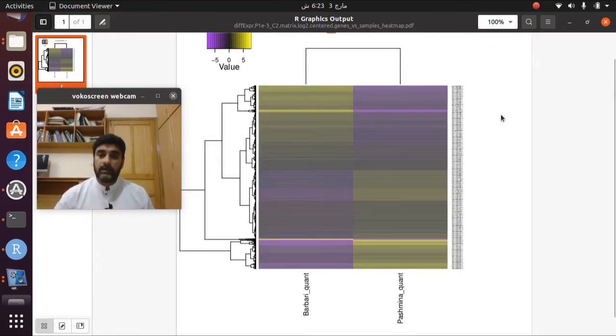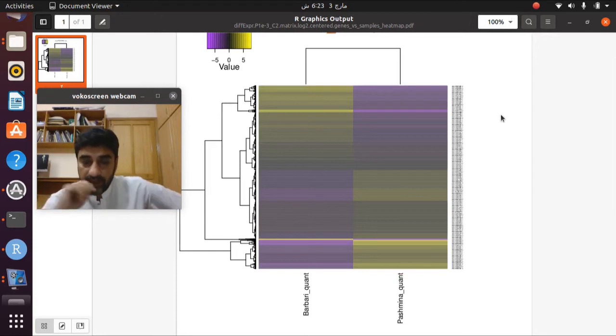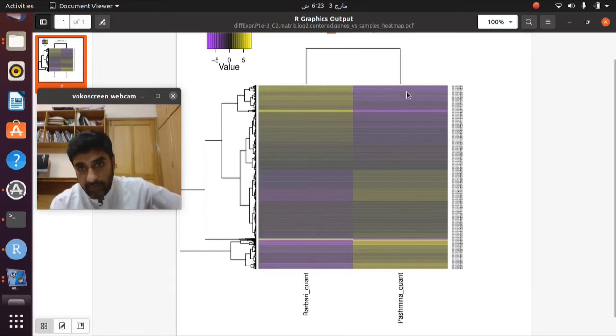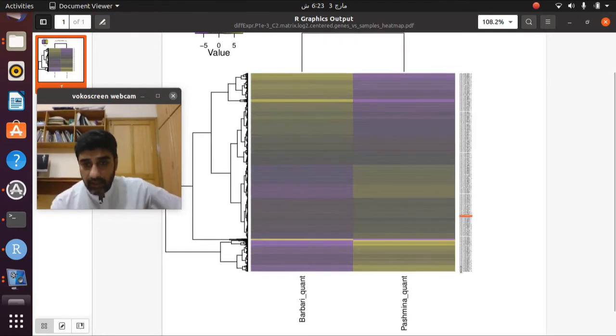So now you can have an idea that these transcripts are downregulated in Pashmina, while these are upregulated, because they are showing a little bit more golden and these are more purplish. Similarly, in the lower right part, these 30 genes have a high expression in Pashmina and low expression in Barbary.